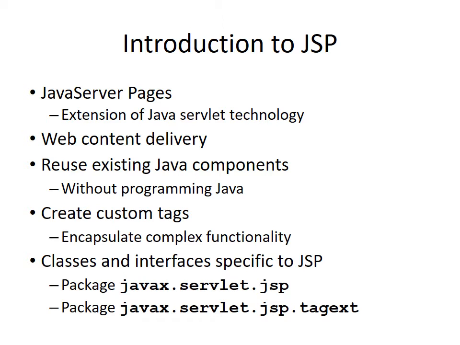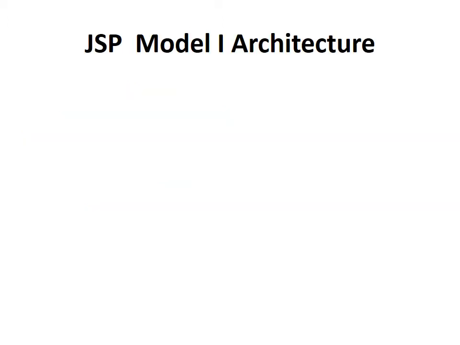We can reuse the Java components. Reusability in Java is provided with the help of Java Beans. So once you write a code using the Java Beans, you can reuse the same code in another application. So we call it reusable code. Not only the different types of tags which are provided in JSP, the user can also create custom tags. Now to know the API provided for the JSP, as you see here on the screen, there are 2 packages for the JSP API.